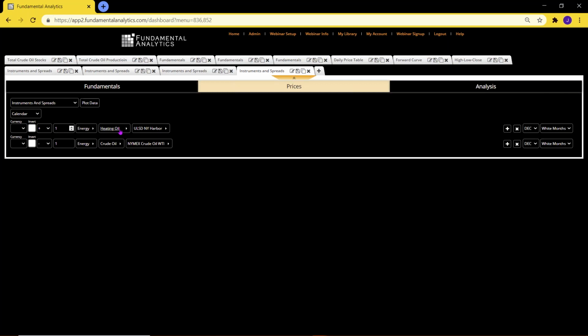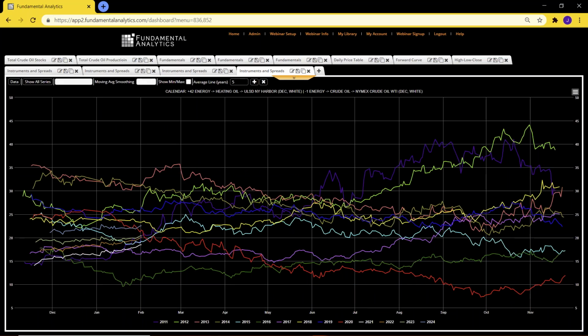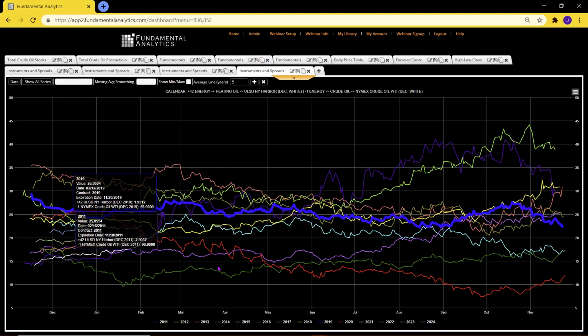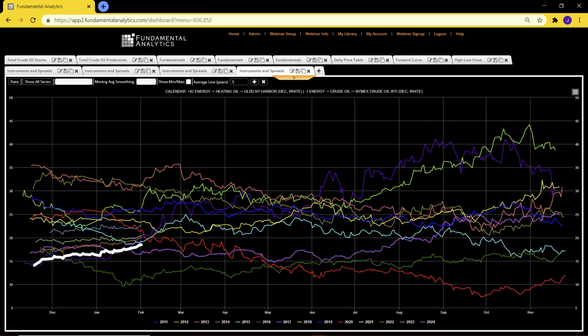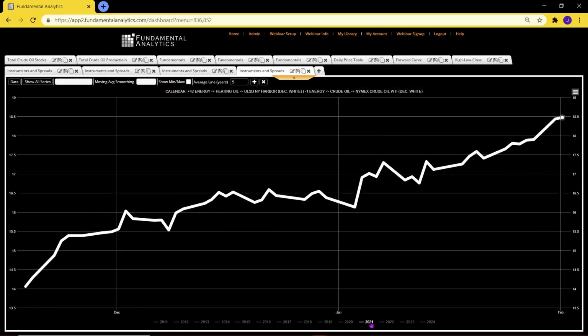One other adjustment I need to make is that since heating oil and gasoline are priced in dollars per gallon, and crude oil is priced in dollars per barrel, there are 42 gallons in a barrel. I have to do just a simple multiplication to adjust it. So it's 42 times the heating oil price minus the price of crude oil gives us the margin. And so we have, at least for the December contract right now, the December heating oil crack. And again, I'll focus on that for a moment and bring in the others.